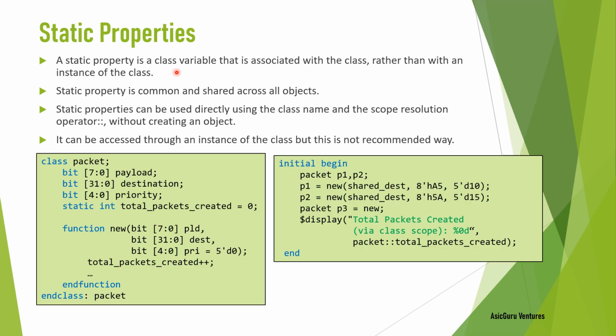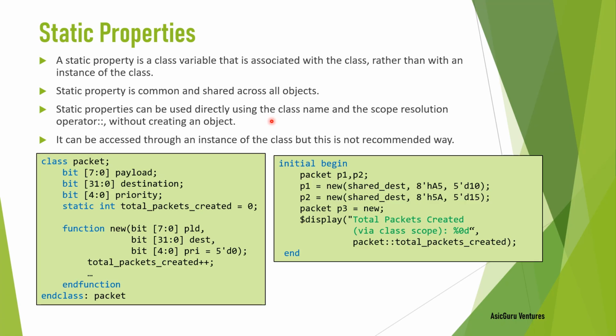A static property is a class variable that is associated with the class itself, not with any specific instance. That means irrespective of how many objects we create from the class, there is only one copy of a static variable, and that is shared by all the instances. A static property can be accessed directly using the class name and the scope resolution operator without even creating an